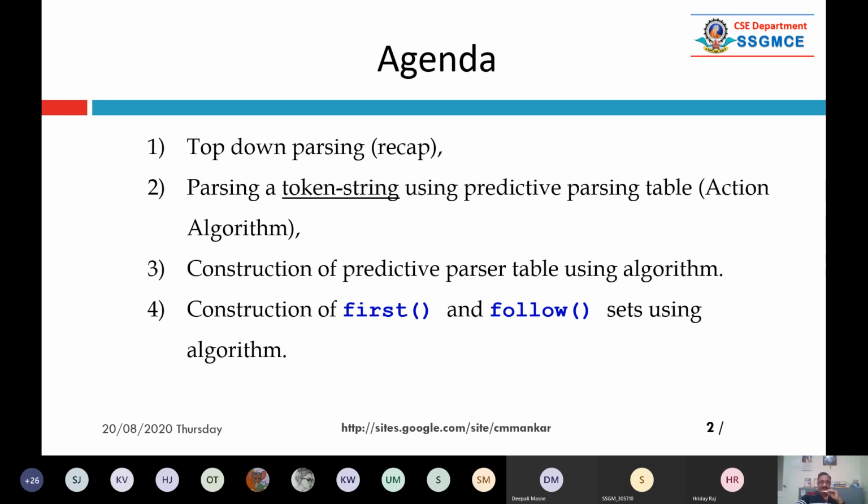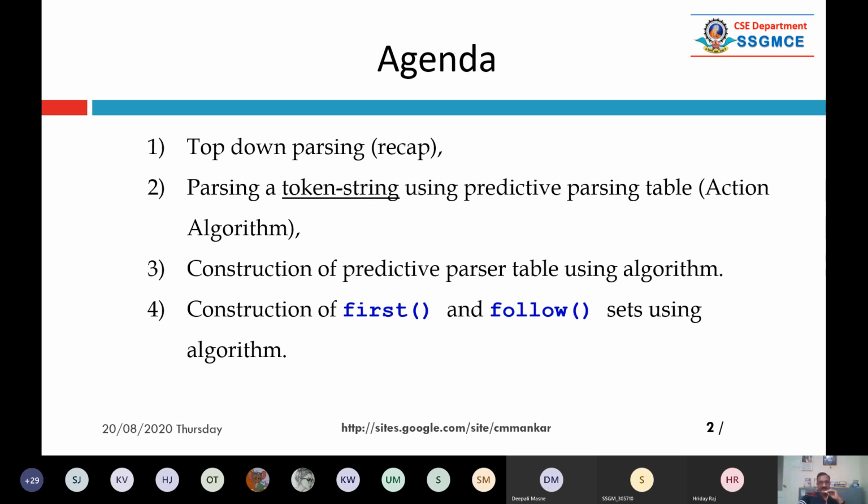So here we are going to understand how to parse using the parsing table. Second, how to construct the parsing table, that is the algorithm. Again, two more algorithms are there: how to construct the first set and follow set. I will talk about the first set and follow set. Today, I'm covering only one example, but in the next two sessions, I will cover a sufficient number of examples. You don't need to refer to any other material for understanding them. I will tell you how to compute the first set. Actually, it is a set of terminals.